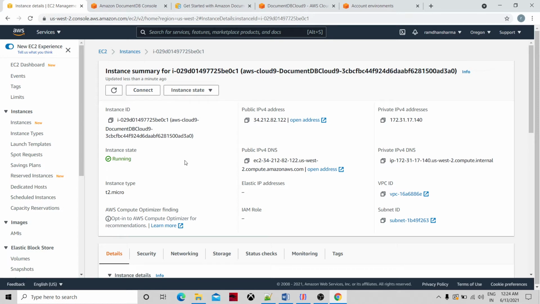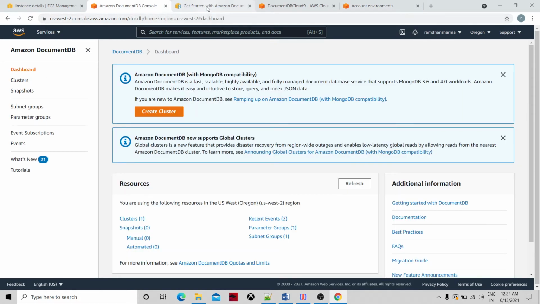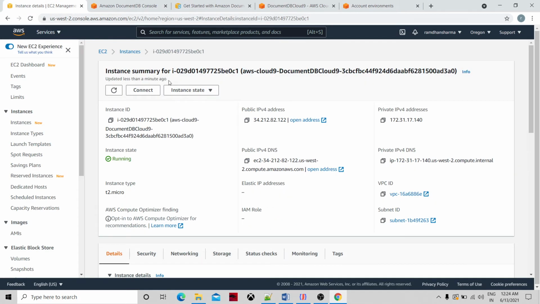This instance is going to come automatically whenever you create a Cloud9 environment using this wizard. It is created automatically in the background. If you come and see here, it will be visible.